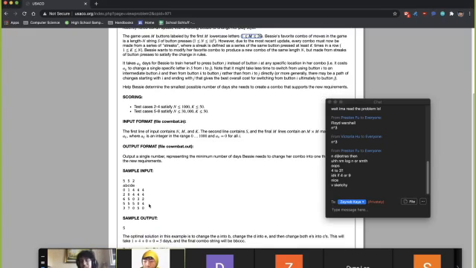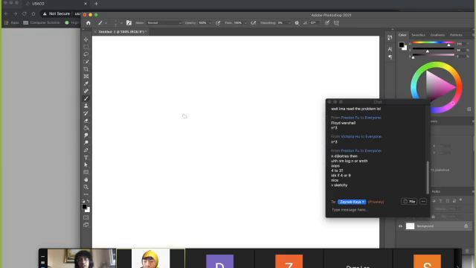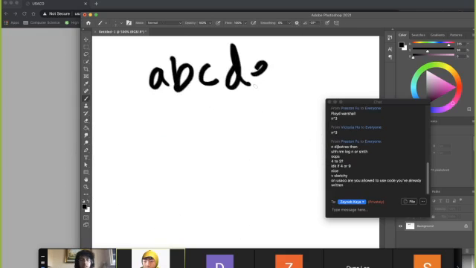And now that we have all the distances between things, now we get to do the harder part, which is, how do we convert A, B, C, D, E to...